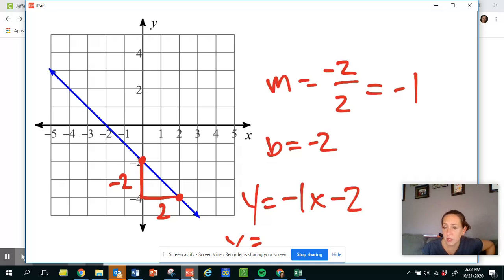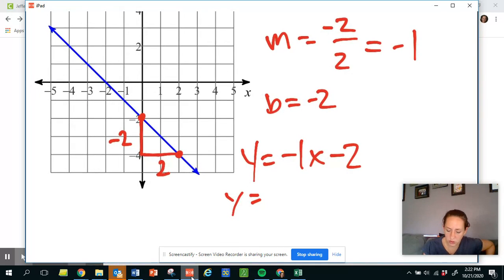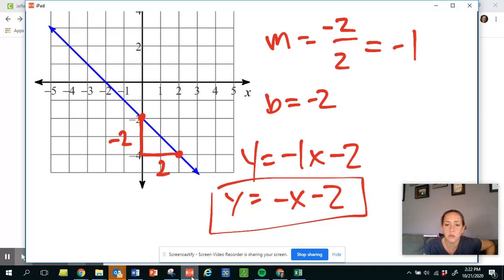Now, the more proper way to write that would just be -x minus 2. That is what you would see on a multiple choice. That's what you'd see more often. Because generally when we multiply 1 by something, we don't write it there because 1 times anything is itself, essentially. But if you write -1x minus 2, you're not wrong. I'm not going to count you wrong. It's just know that that's the more proper way to write it. Okay. So anyway,